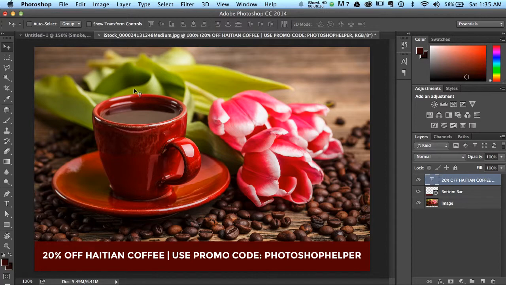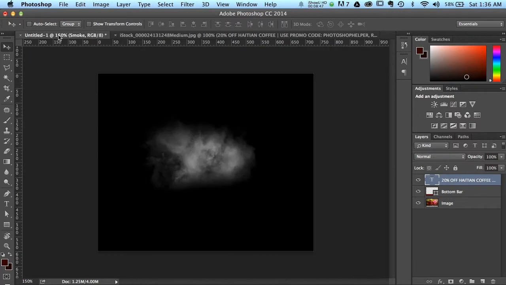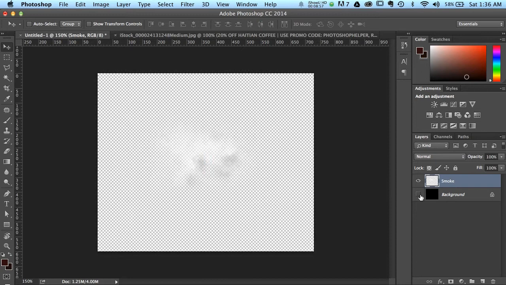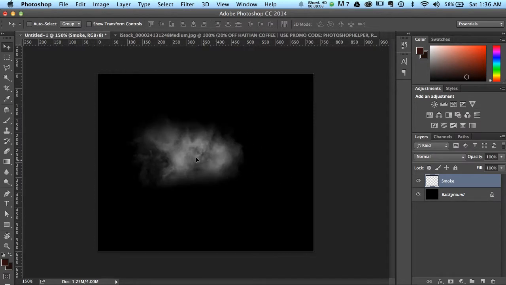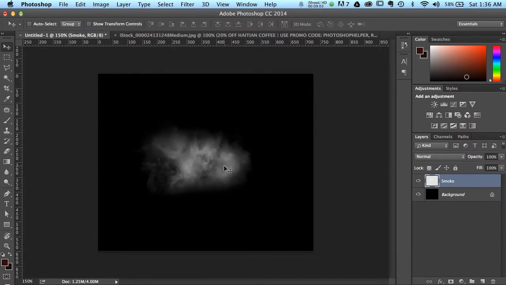Now I want to add a little bit of smoke on top of the coffee to make it look like it's really warm and really inviting and that you want to drink it. So I have another document open here, and it has a smoke in its own layer, and that is completely transparent. That smoke doesn't have any background attached to it. It's completely transparent. And it's really easy to transfer one layer from one file to another within Photoshop. And to do that, you're going to select that layer, click on that little